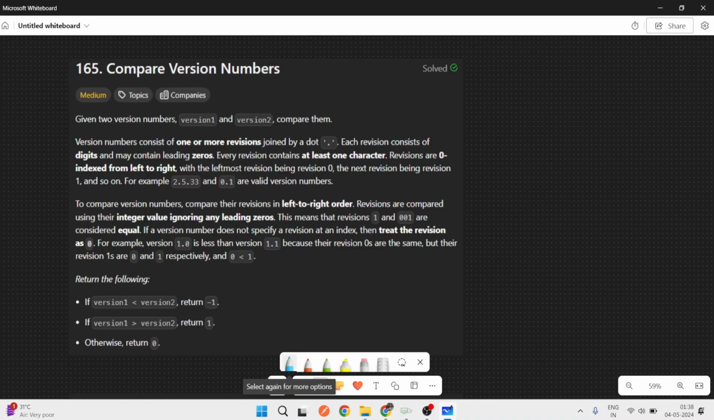So, today's daily question is question number 165 of Leetcode, Compare Version Numbers. We are given two version numbers, version 1 and version 2, and we have to compare them. A version number consists of one or more revisions joined by a dot, meaning there are multiple revisions like